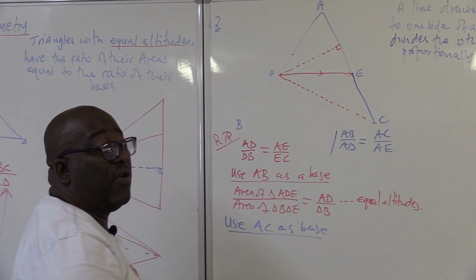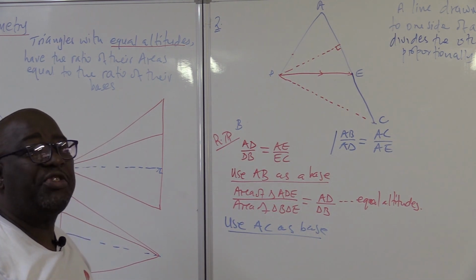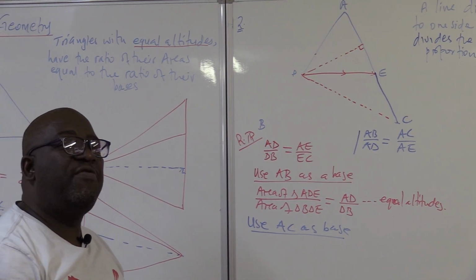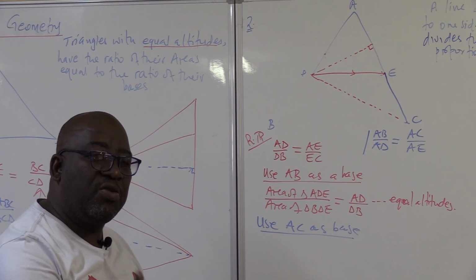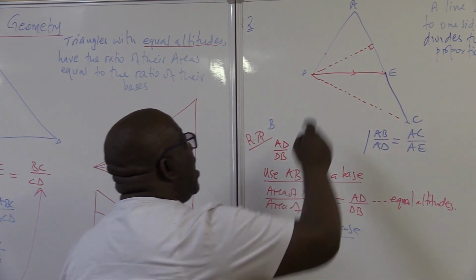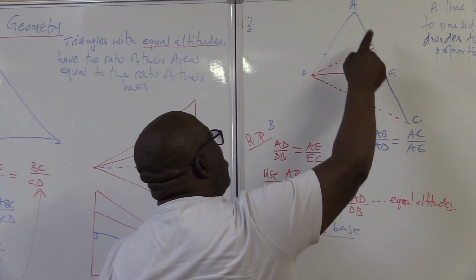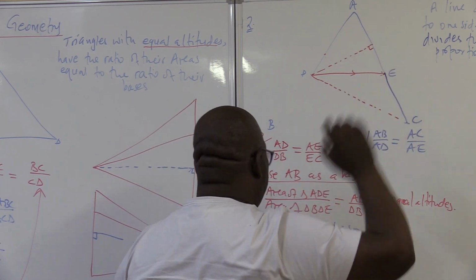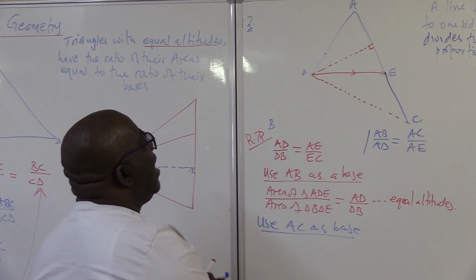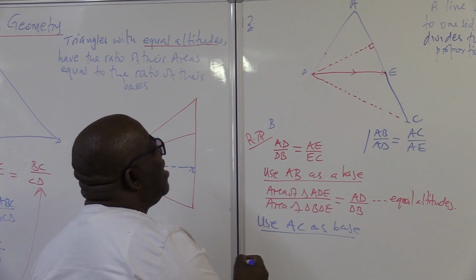So both triangles have got the same altitude, and we know that triangles with equal altitudes have the ratio of their areas equal to the ratio of their bases. So this area over this area will be equal to this base over this base. Let's write that. We are now saying area of triangle ADE,